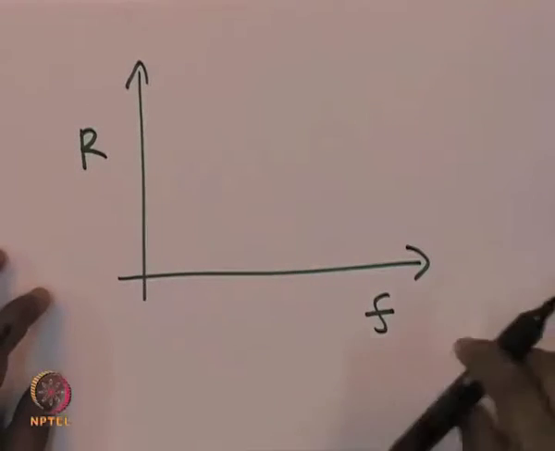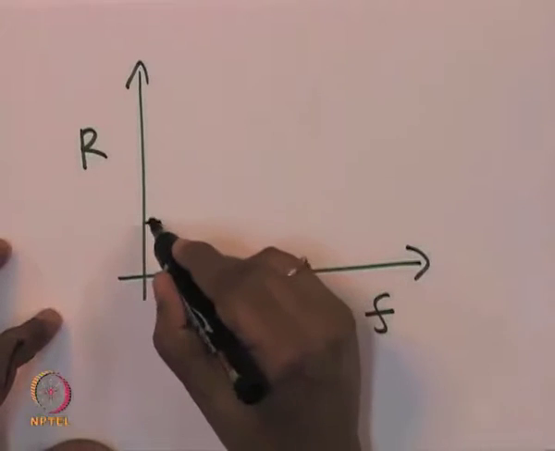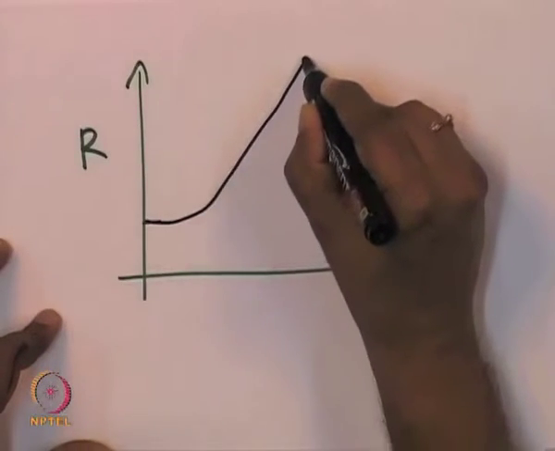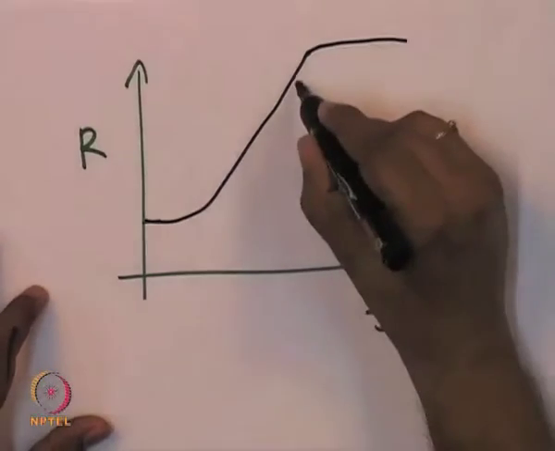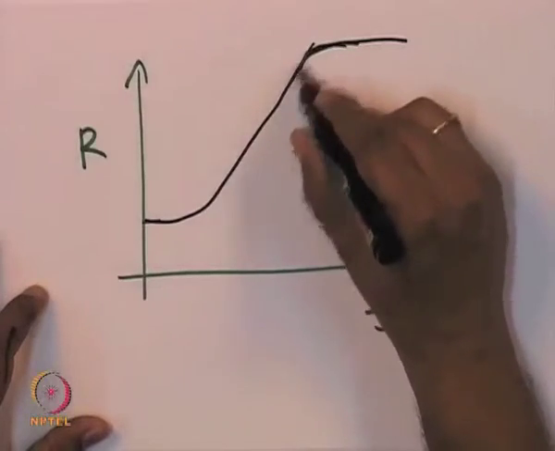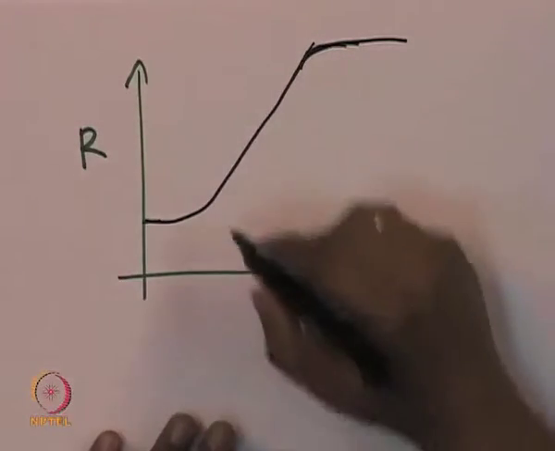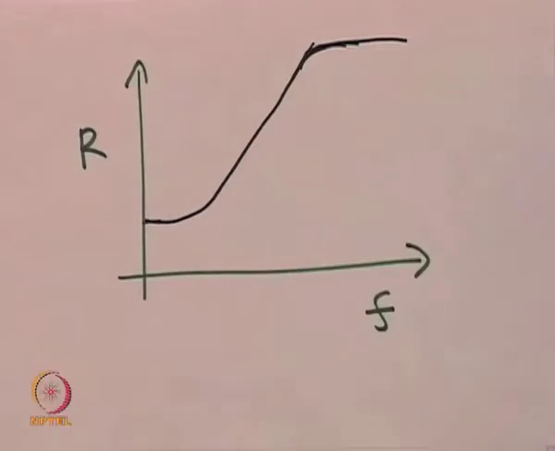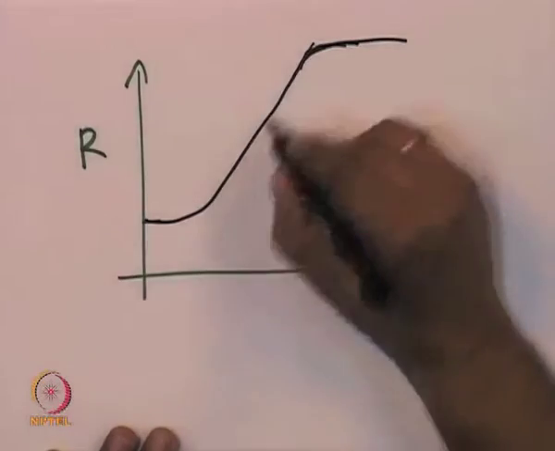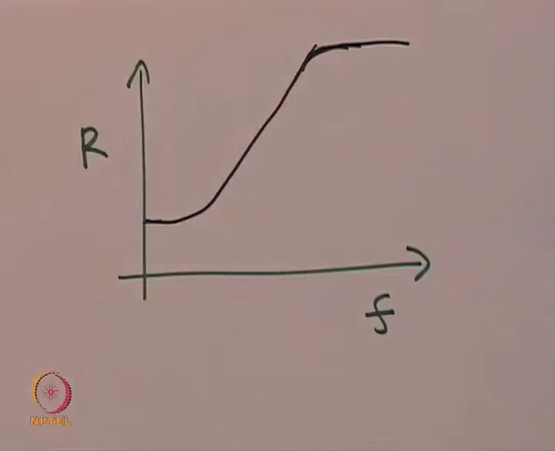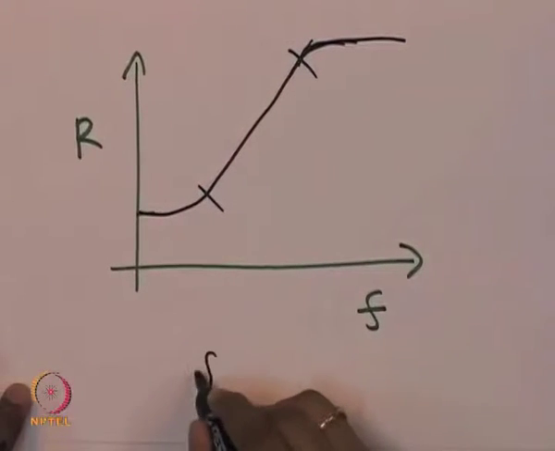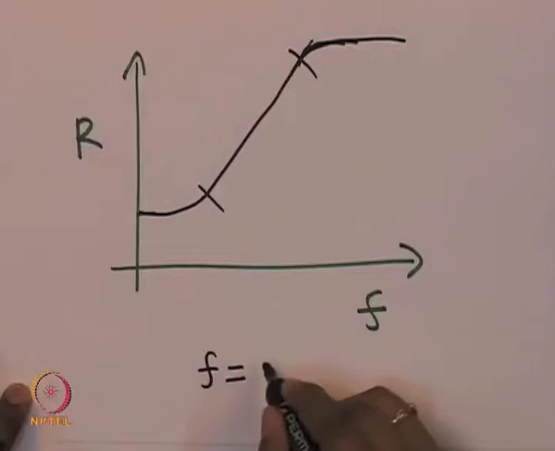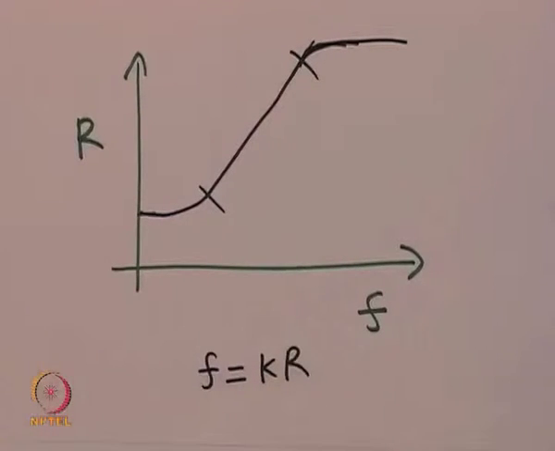It turns out first the distance from one end to the other end is a constant, then it will slowly increase, and then finally it will reach its maximum length. So, this is pretty smooth. But look at this particular region. Here it is almost like a linear part. In this region between this and this, it appears as if force is proportional to the distance. So, force is equal to some constant times r.